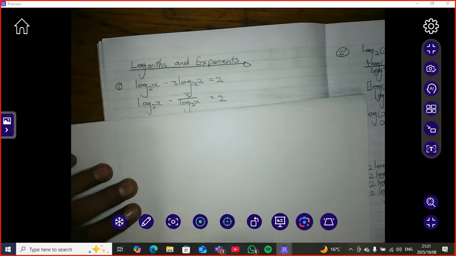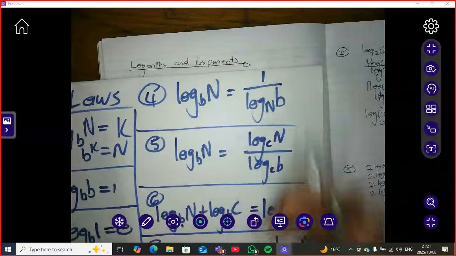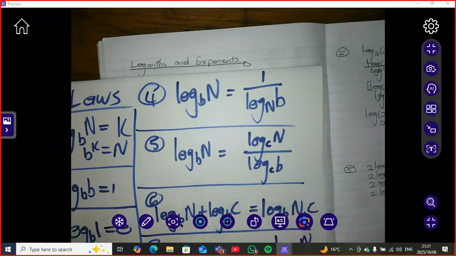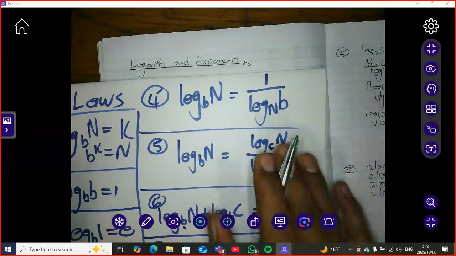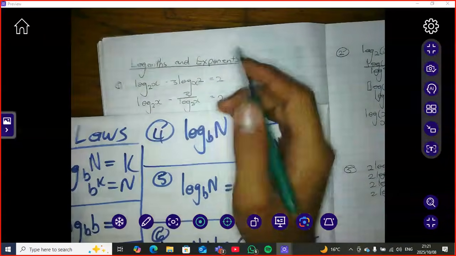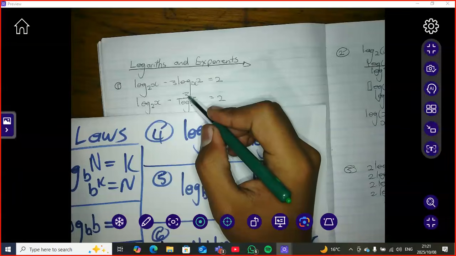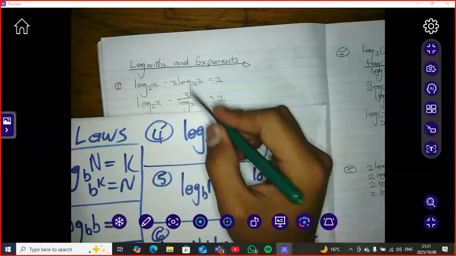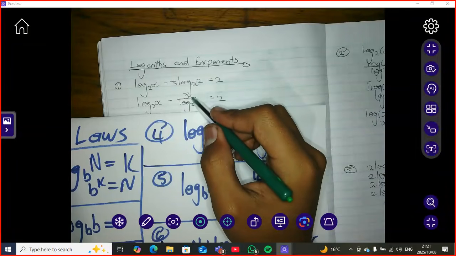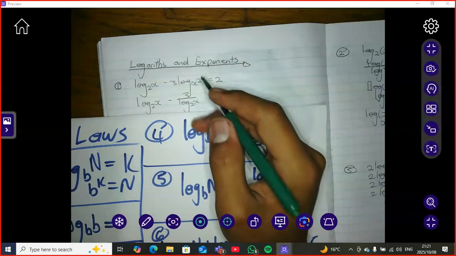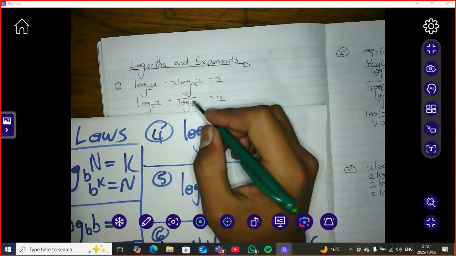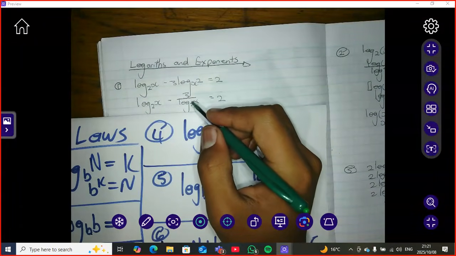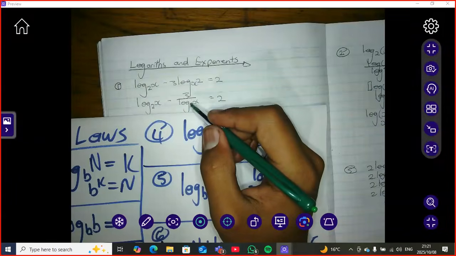So what law will do that for me? What law will swap the base and the number for me? It's law number 4. So I do the inverse. I do the inverse of this. Now I get a fraction. But I don't want the fraction also. So what do I do? I multiply with the denominator